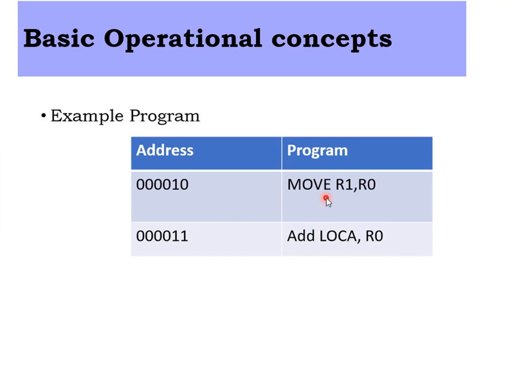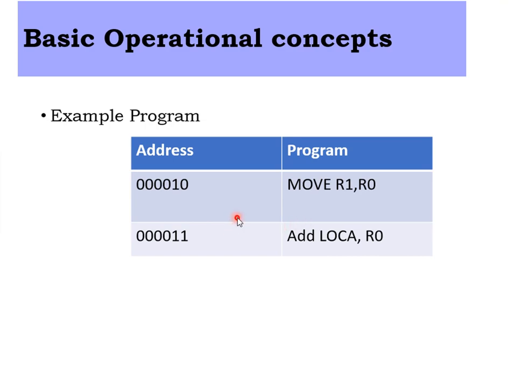Memory consists of memory locations. So this is the first memory location, this is the second memory location. The first memory location has an address, this one. This is the address which needs to be stored in the program counter. If I give the address, then only the program can be fetched from that memory location. If I know the address, then only I can go to the particular destination.